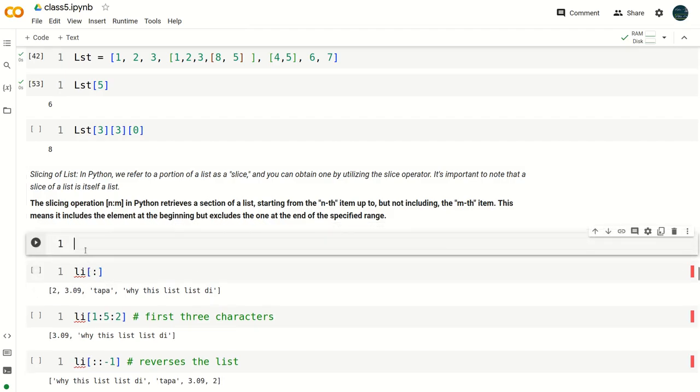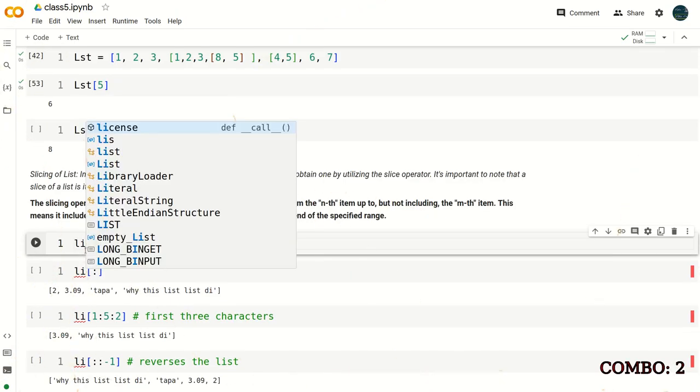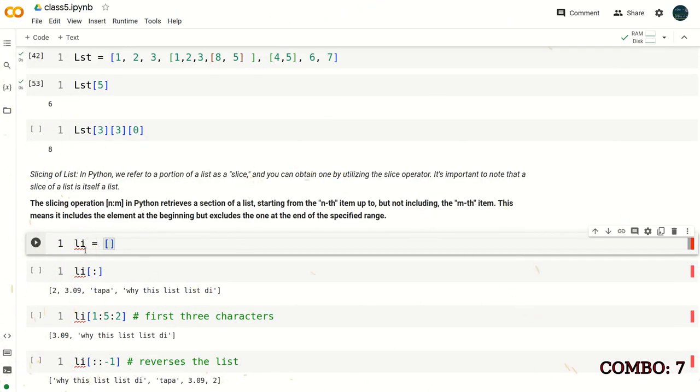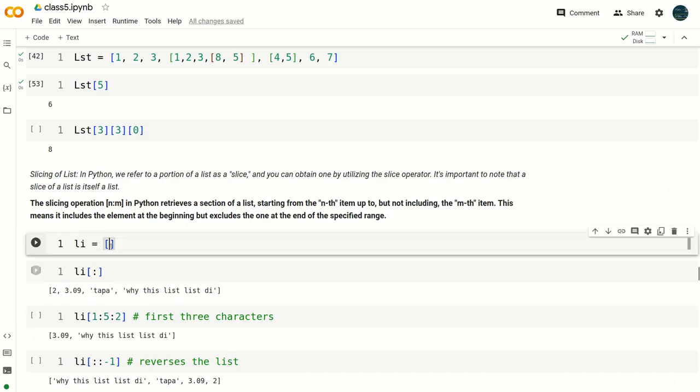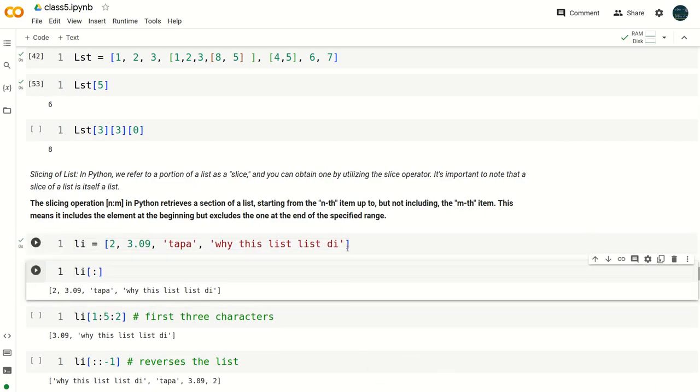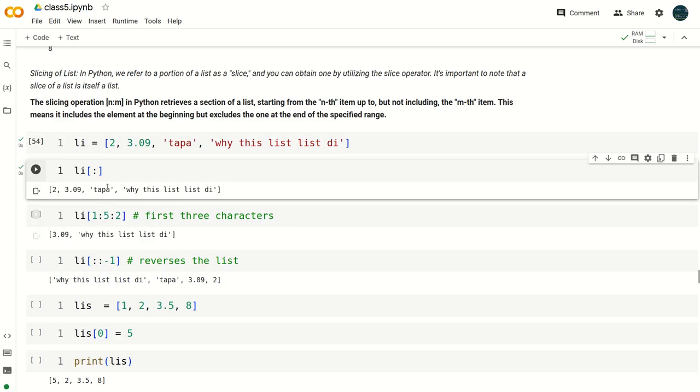Say list is equal to li, this sort of object I already created, somehow it got deleted. And this is a list, and if we print the whole list using the colon operator, this will print the whole list. Or if we want to create the first 3, not the first 3, and